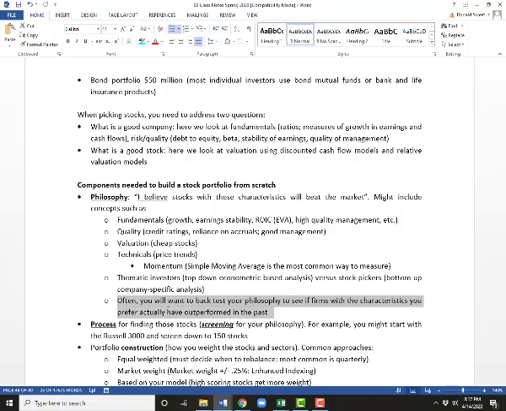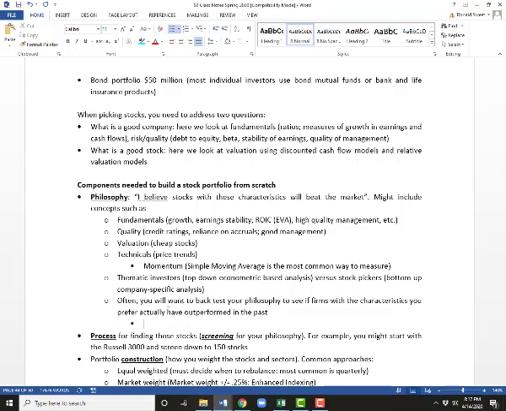Backtesting is extremely difficult to do because one of the biggest issues with backtesting is survivorship bias. When you test a strategy and you go back historically, the only stocks you can put into your strategy are those that didn't go out of business. Because if a stock goes out of business, it's no longer usually in the database. There is one database out there that actually still includes stocks that went out of business and just go down to zero. But most databases, like the Bloomberg machine, the only stocks there are the ones that are still in business. So that means you're already starting off with a positive bias,